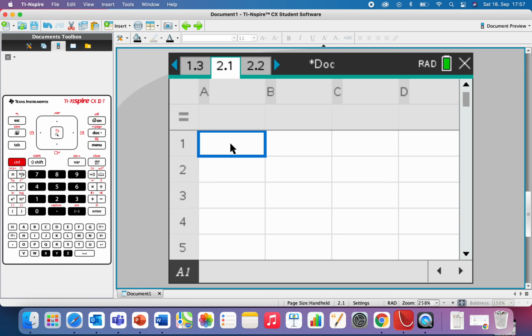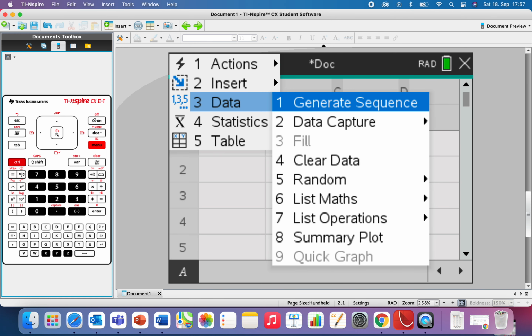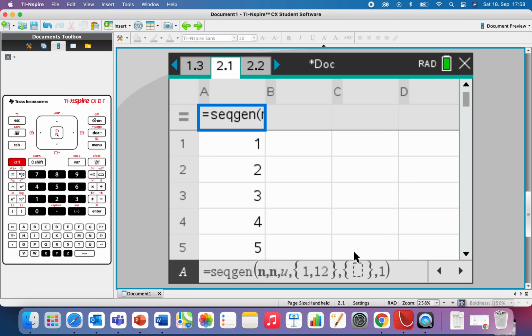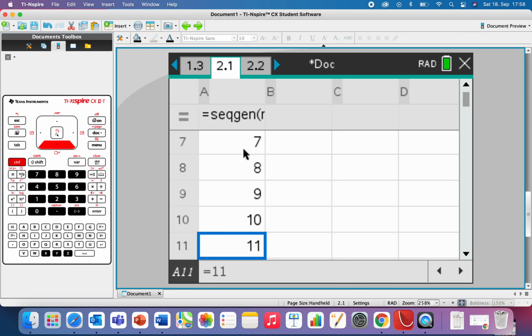If I delete the column header, let's try this again. Let's try it in here: menu, data, generate sequence. Okay, so it looks like I can't have a column header, a variable. So the formula for u of n, well, I'm actually going to call it n here, and I'm going to go from 1 to 12. Can you see what's happened there? It's just generated a nice sequence here from 1 up to 12,